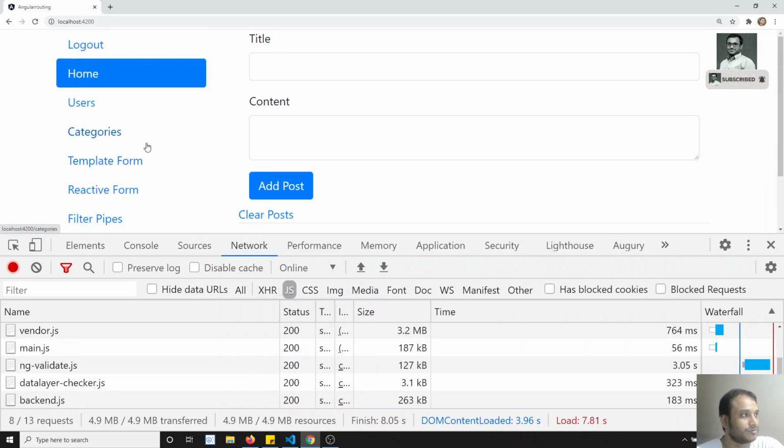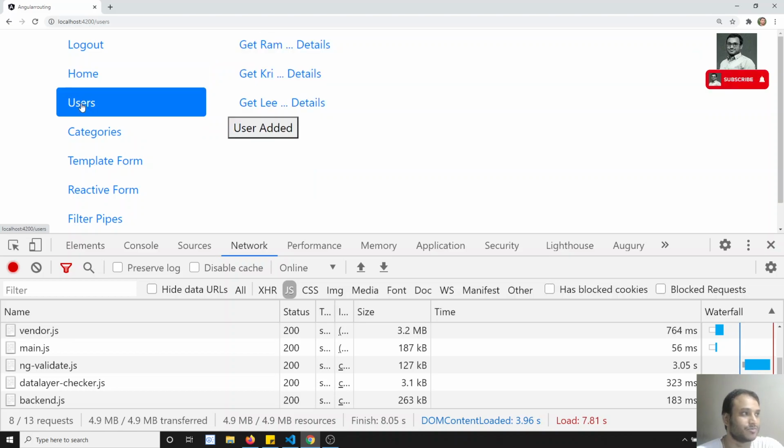Now let's assume we are in the home module, so we don't need the users concept, the users component and whatever is related to users. We don't need to load those things. If we remove those things from the components, from the modules, from the JS files, the file size will decrease, and we can load the JS file whenever it is needed. Whenever the user clicks on users, we can load the JS file and show that thing. Then it will be better. We can increase the performance. This can be achieved only through lazy loading.